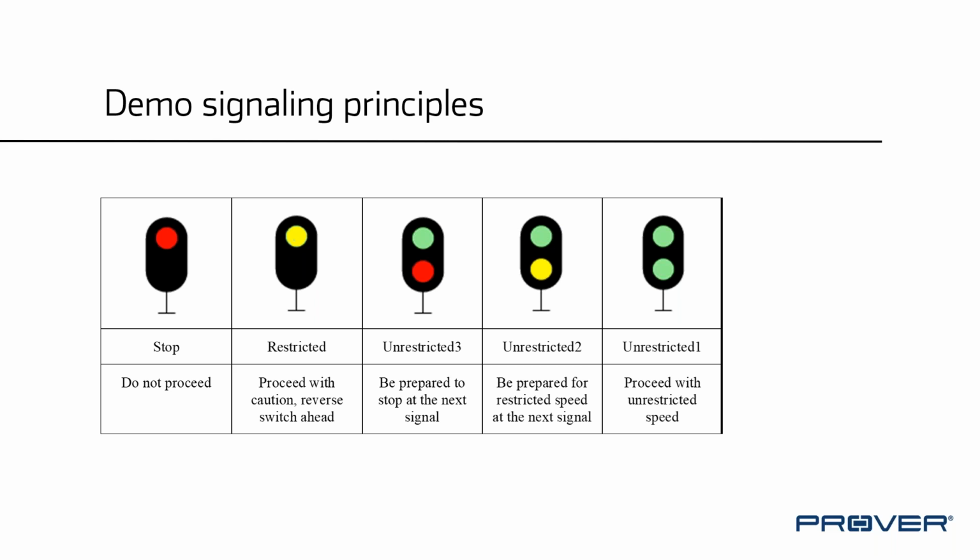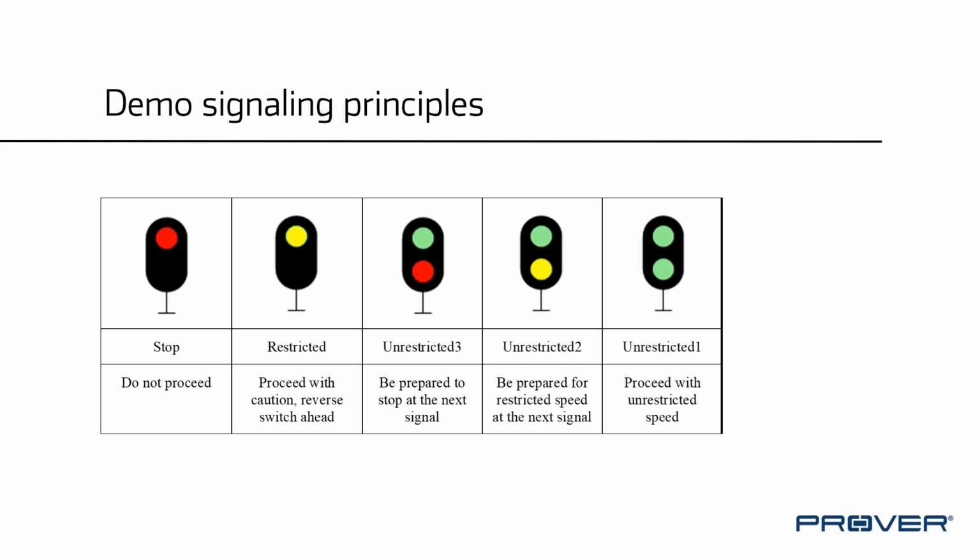So I will quickly go through the 5 different signaling aspects we do have in this system, simply so you can follow the examples I will give. Red is stop, not very surprising perhaps. Then we chose to do consistently like this. The upper light in the aspect is the main light and the lower light is the distance signaling. So if the upper light says green, it means you can proceed with unrestricted speed. If it says red, it means you should not proceed at all. And if it's yellow, it means you can proceed, but with restricted speed because there is a reverse switch ahead